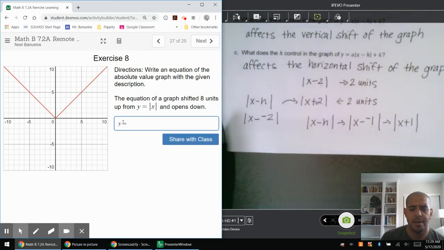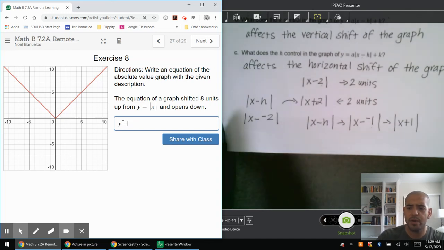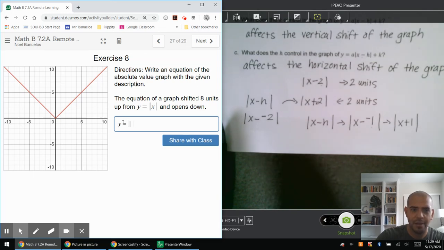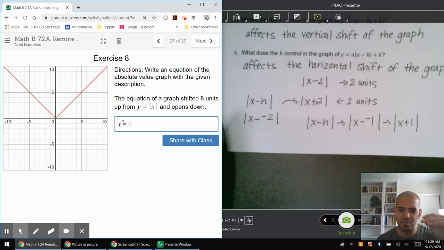Y equals. Now, for the absolute value symbol, what you're going to have to do is press Shift, and where you see the Enter button on your keyboard, right above it, there's that backward slash, that vertical line. If you press Shift and the key right above Enter, you'll type in the vertical line. And you're going to have to press Shift to activate that vertical line. All right, so